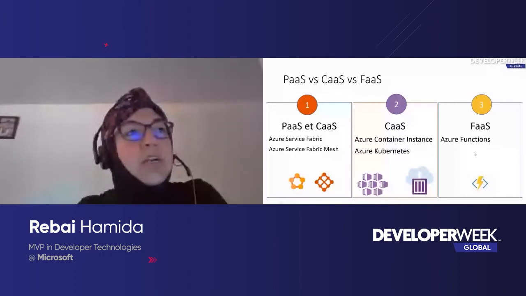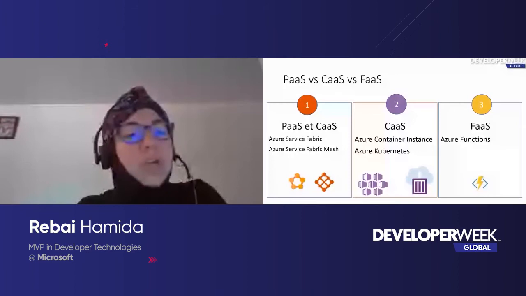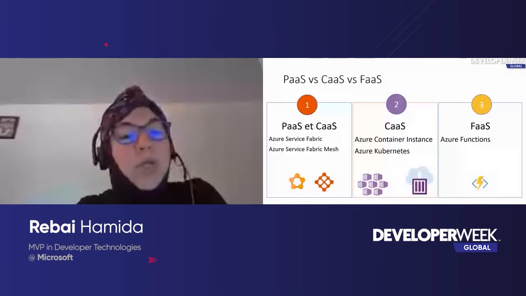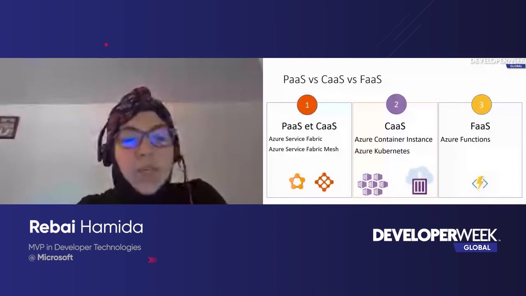And here Azure Functions, it's based on building functions which are part of the service and that will act according to the triggers. So now